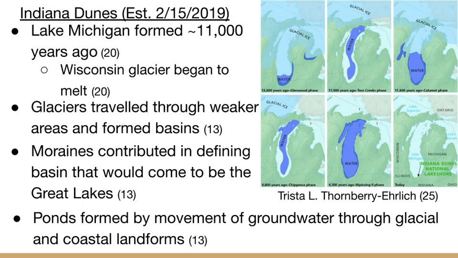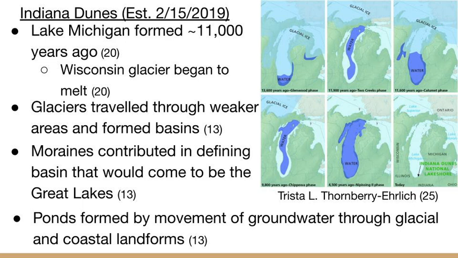Indiana Dunes is located in northern Indiana and is adjacent to Lake Michigan. Similarly to Lake Superior, glaciers also created what we now know as Lake Michigan, as shown in this image. In the article Natural Features and Ecosystems by the National Park Service, Lake Michigan formed sometime around 11,000 years ago when the Wisconsin Glacier, which was the last glacier to envelop this area during the time of the Ice Age,